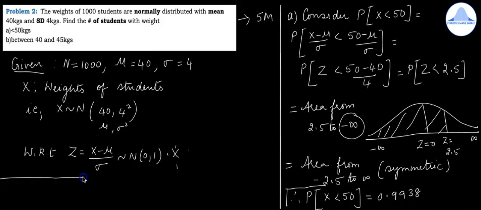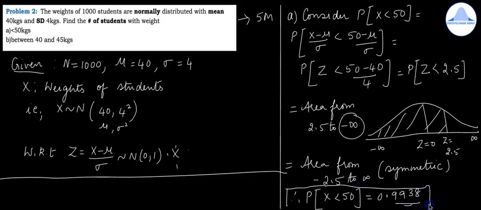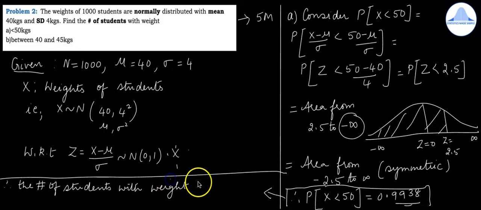So I'll just draw a line and I am going to find this solution here. They asked to find the number of students with weight less than 50 kgs. So you have to write: therefore, the number of students with weight less than 50 kgs is,